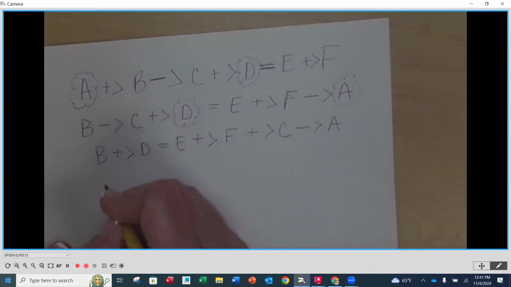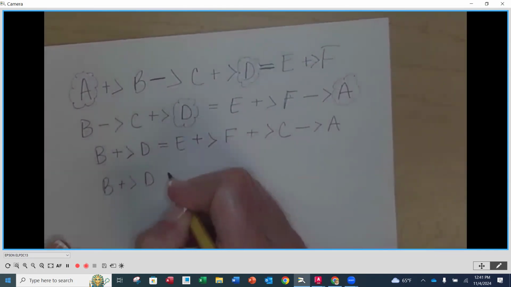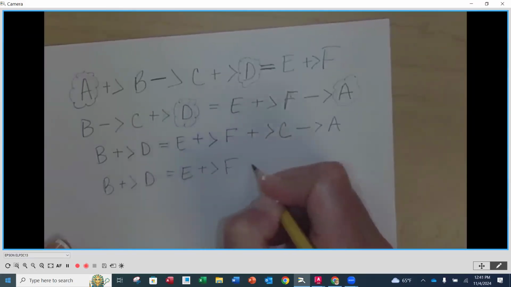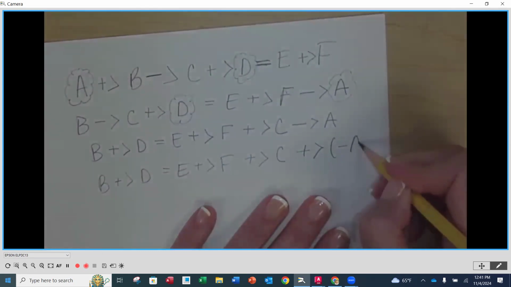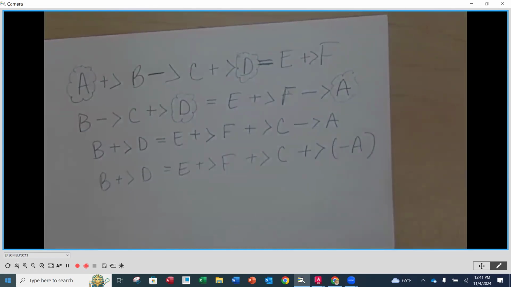My whole left side is going to remain the same. B plus D equals E plus vectorially F plus vectorially C plus vectorially the negative A, because how we're going to draw it is going to be tip to tail, but we are going to change the direction 180 degrees. Does that make sense to everybody? Well, it'll make more sense when we do it. We did this when we did subtraction. So that way we can continue to apply tip to tail, but we change the direction 180 degrees on the arrowhead before we do that. Okay. So now we're ready to